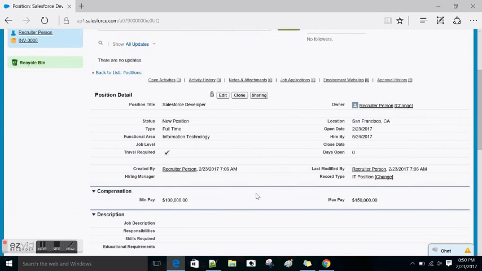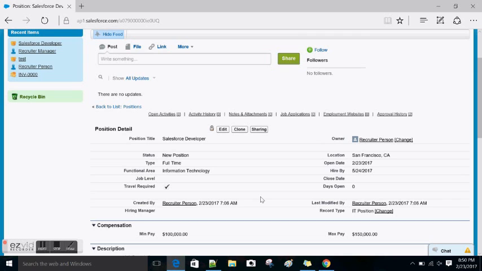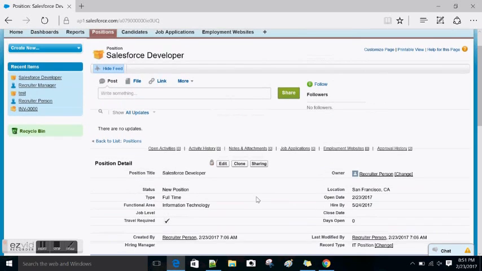The moment the record gets approved, it will be unlocked, and then it can be used for the employees to see this position and apply for it.